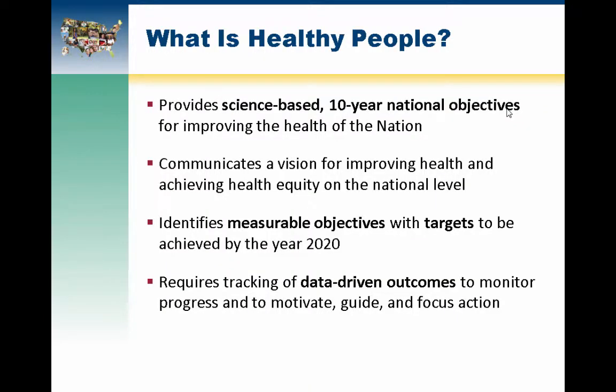I imagine most of you do not know what Healthy People is. So basically, it is really the nation's public health initiative looking at where are we now and where do we want to be at the end of the decade. So it establishes national health objectives. And by national health objectives, I mean more than 1,200 health objectives with targets over a 10-year period. So we have baselines for the start of the decade and targets for where we want to be at the